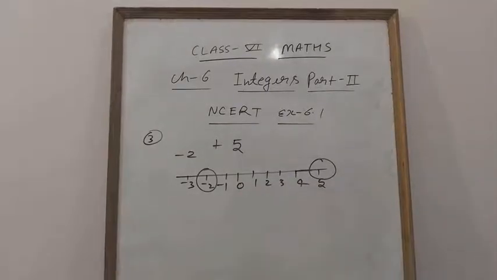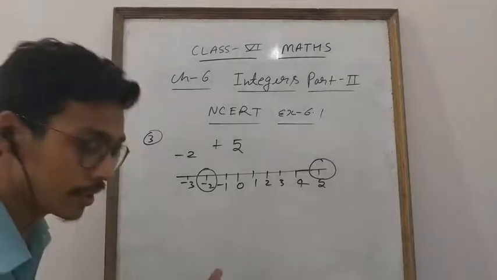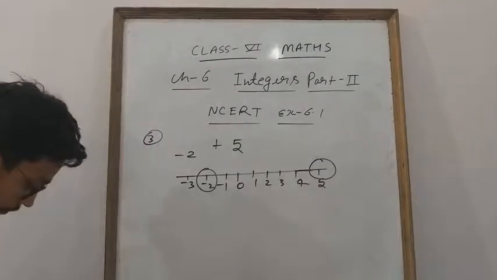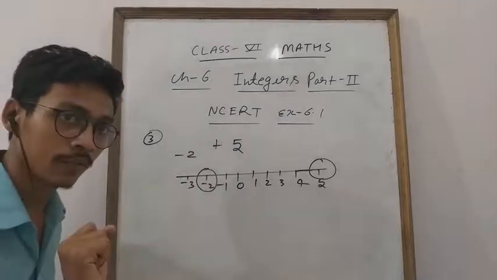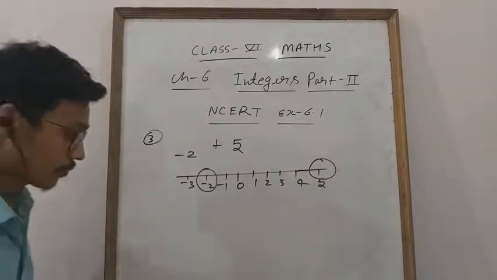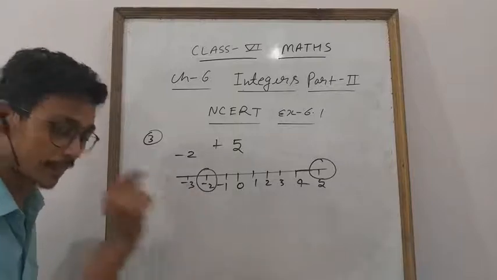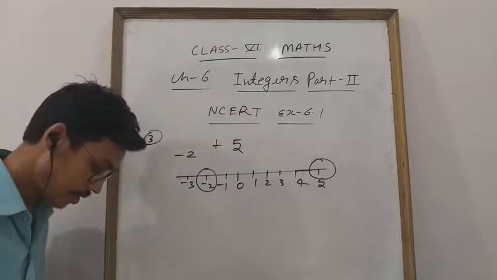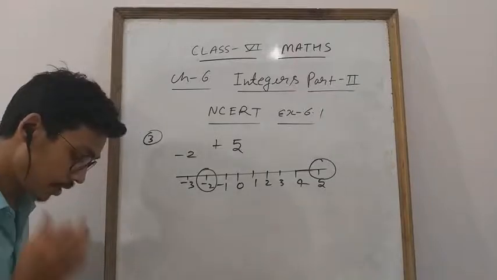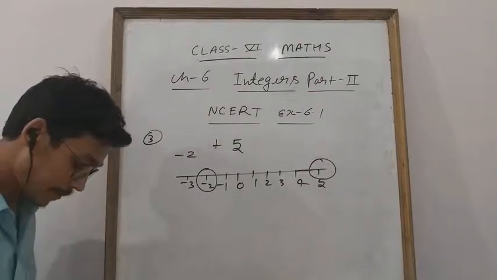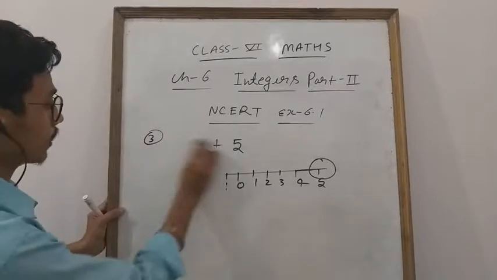You know that on the right hand side of 0 all positive integers lie, and on the left hand side of the number line all negative integers lie. Okay everyone? Now the next question. Fourth question, exert figure vertical. See, fourth question you will do yourself based on this number line. You will try. Fifth: the following is the list of the temperature of 5 places in India on a particular day. See student, it is given. Here I am going to write down question number 5.